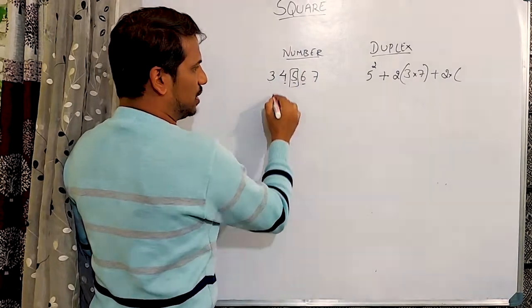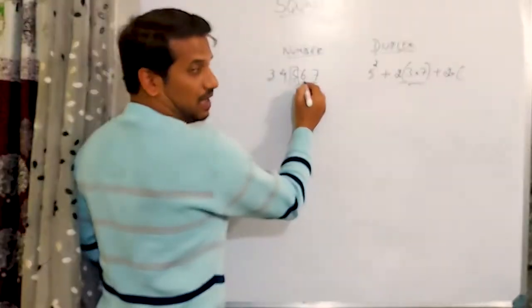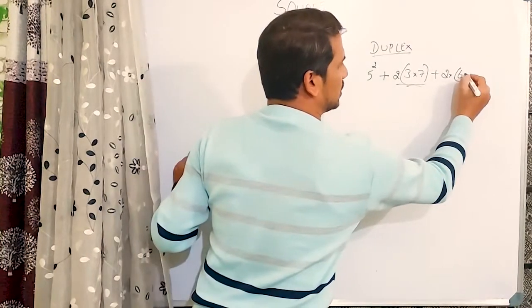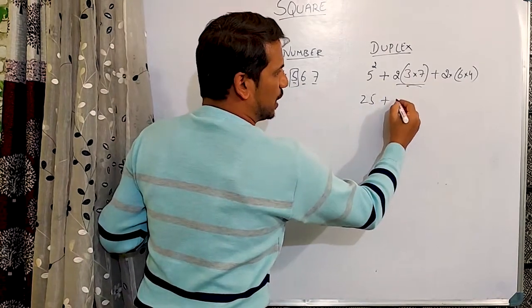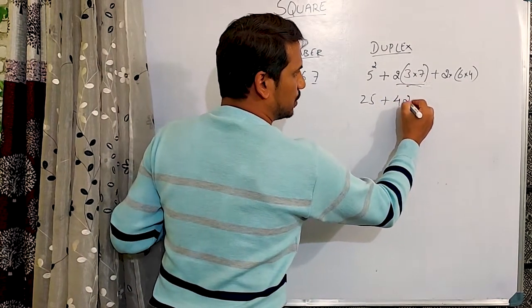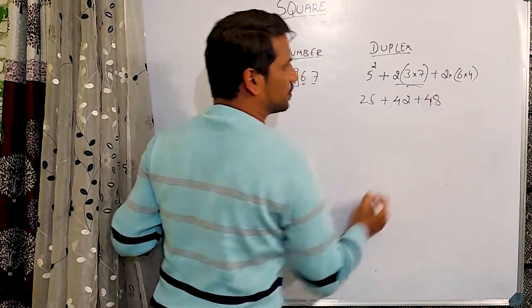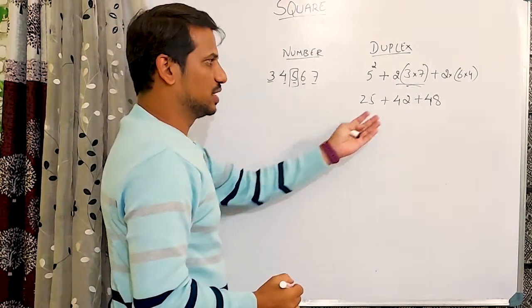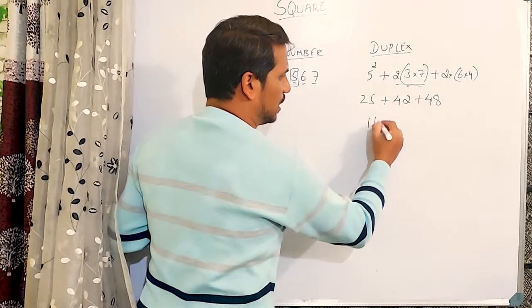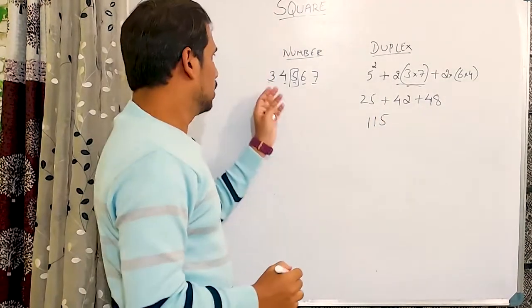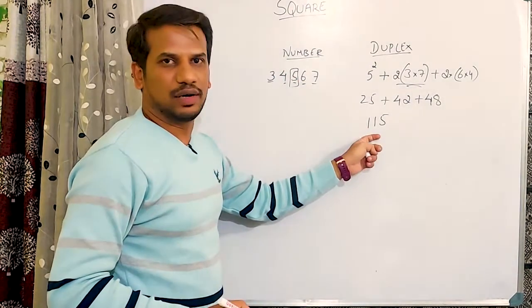So 5 we have taken down. Now 3 and 7 we have taken at the first equation. Now the left out is 4 and 6. So it is 6 into 4. So this comes out to be 25. 21 into 2, 42, plus 24 into 2, that is 48. We need to just sum this. So this comes out to be 90 plus 25, that is 115. So the duplex of 3, 4, 5, 6, 7 is nothing but 115.